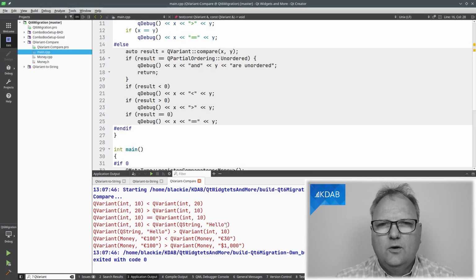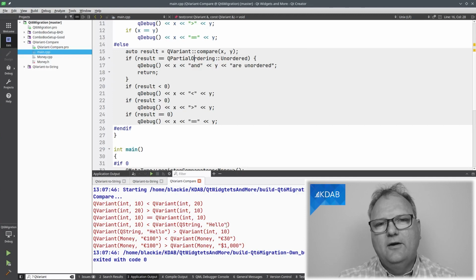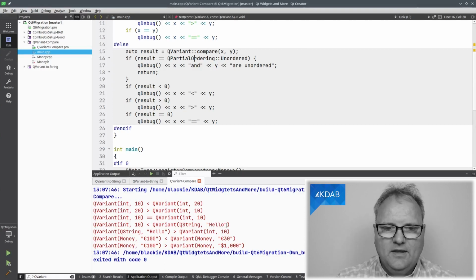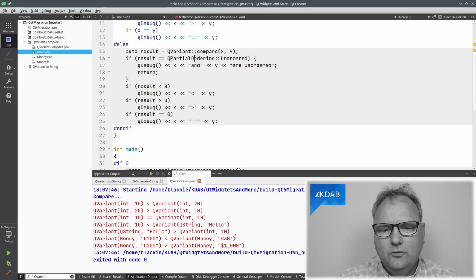Okay. How can you even compare the number 10 and the string hello? Somebody would say that it's like comparing oranges and apples, but I would say it's comparing integers and strings, which I will use in 5 episodes from now, and I hope you laugh when I say that. And then we have 100 euros is less than 30 euros. Okay, that's gonna be some really interesting discussions I'm gonna have with my daughters about money, if that's true.